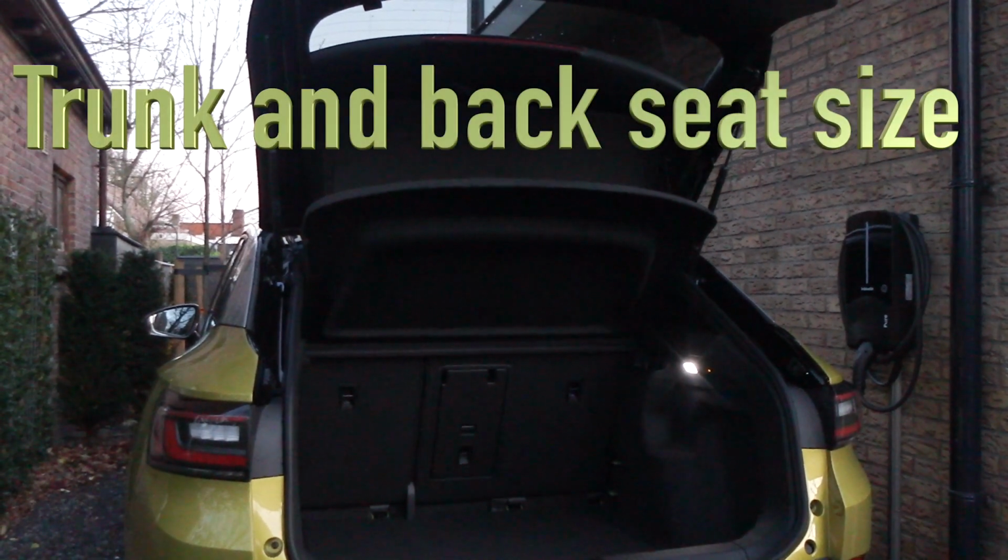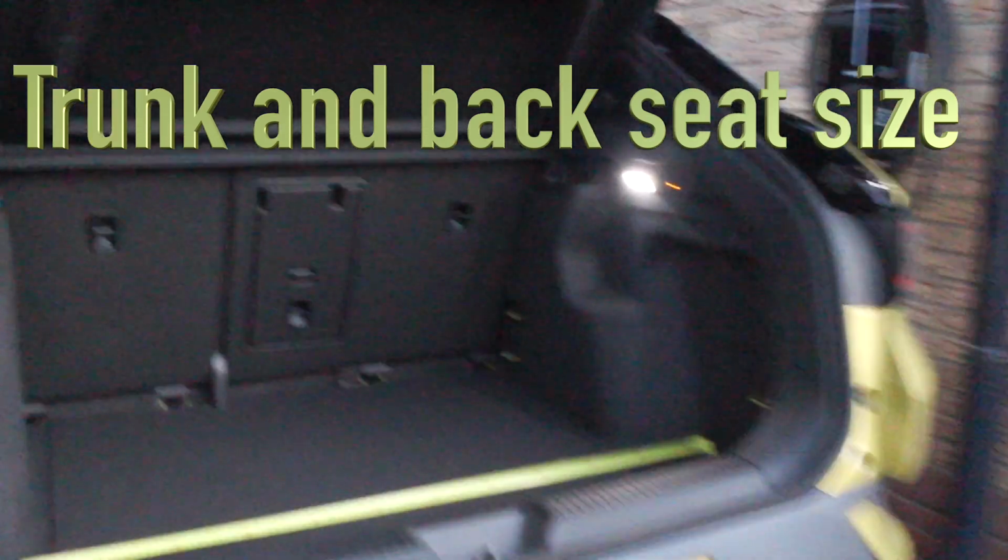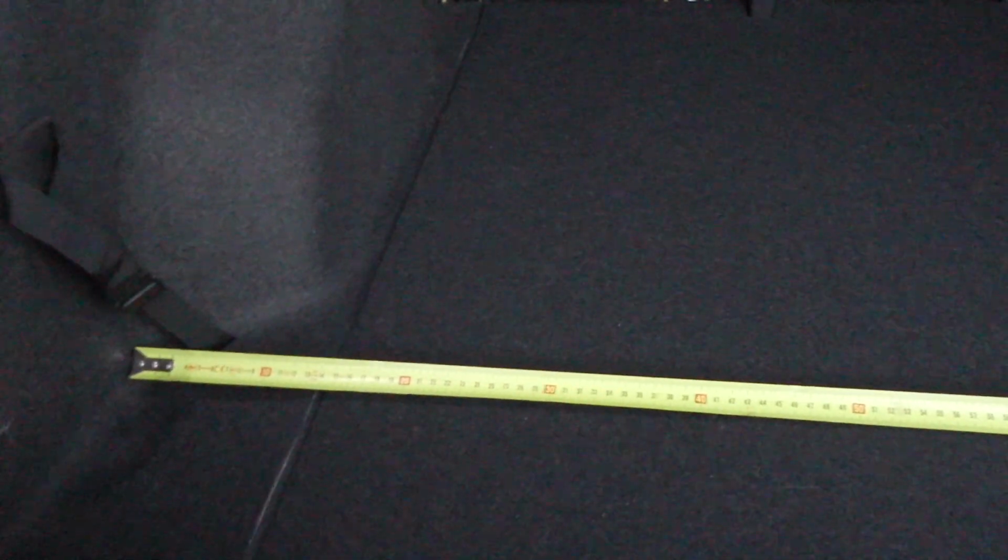Hey guys, I got some questions about the exact size of the trunk. So I will do some measurements for you. As you can see exactly here, this is about 123 centimeters,